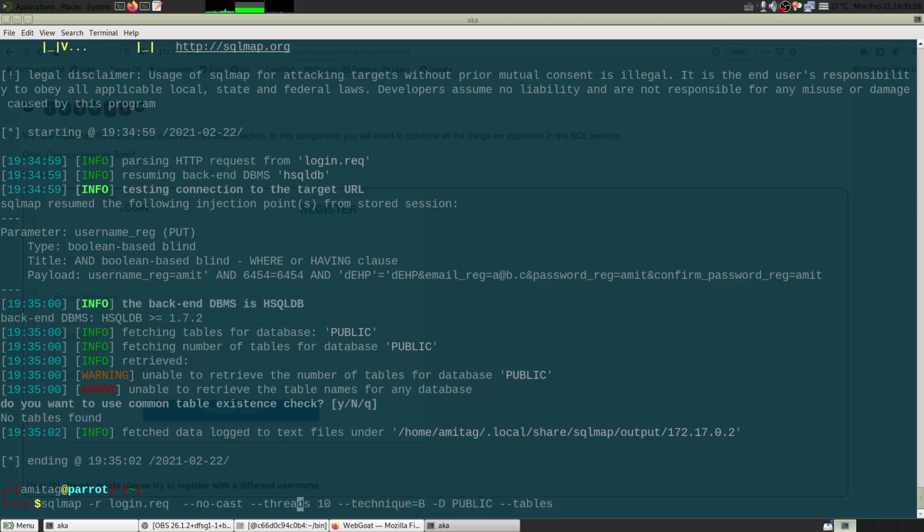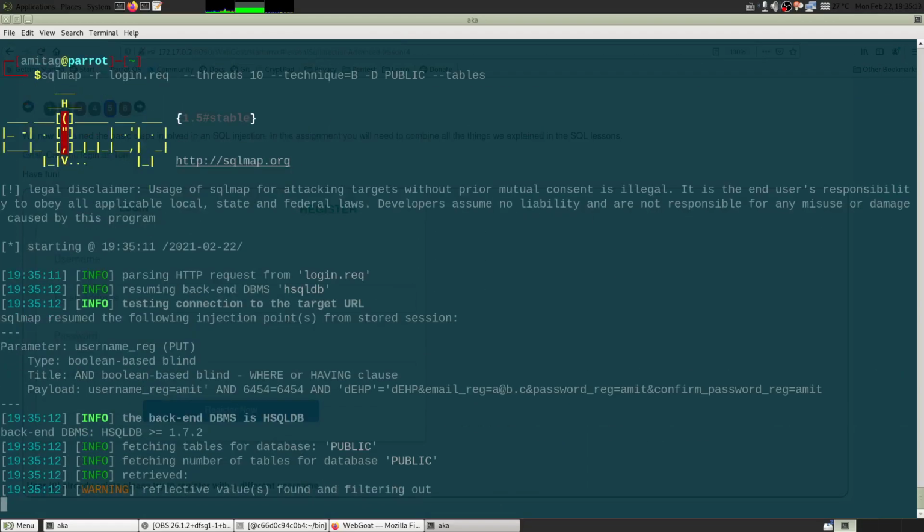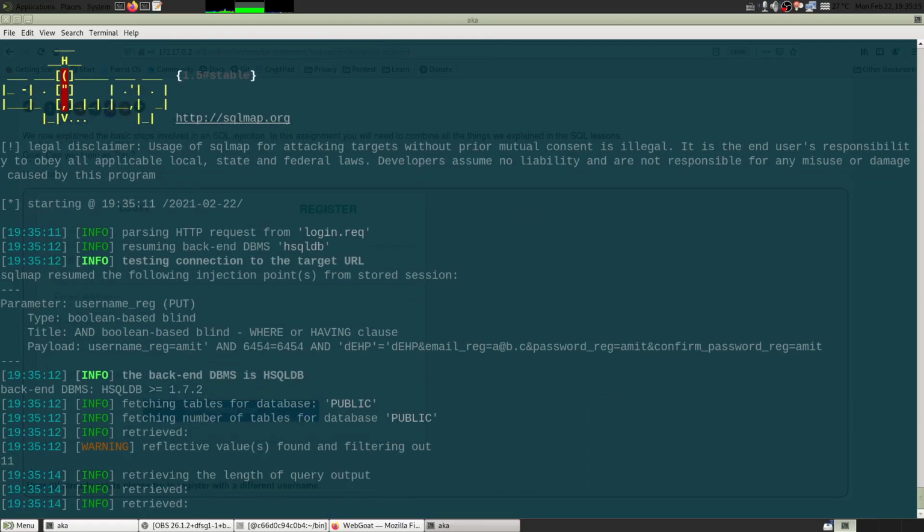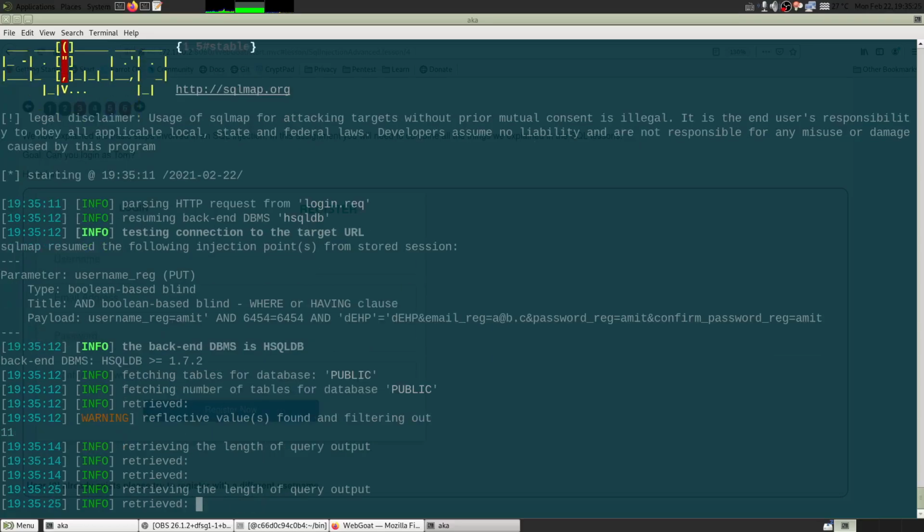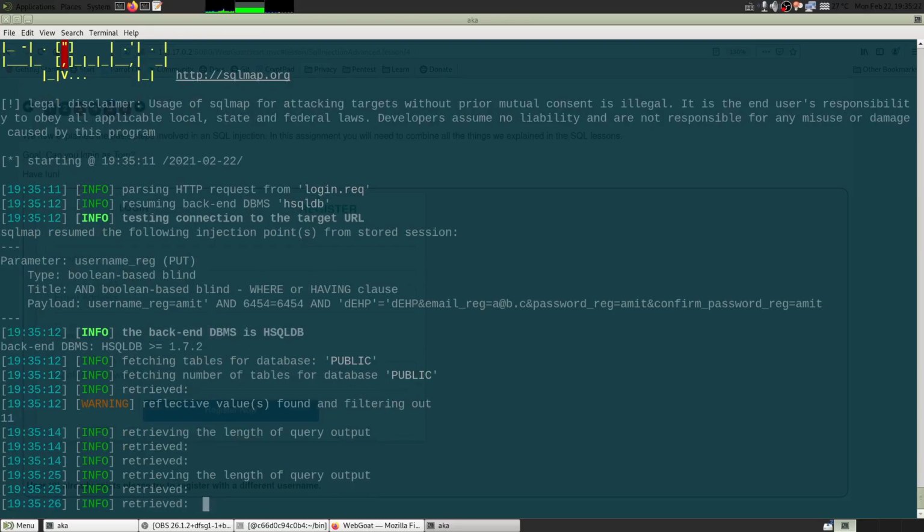We have no-cast. Okay, this is working now. So as you can see, we are getting the output slowly. Once we have the output, then we can use that output to log in as the Tom user. So that's all I had for today.